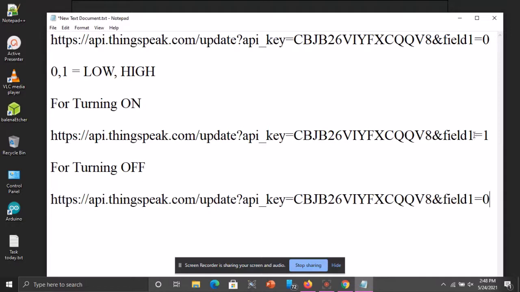So this is for field 1. If you want to change something in field 2, you just have to go here and change the field number. You can say field 1, field 2, field 3, as you want. We have two fields, field 1 and field 2.